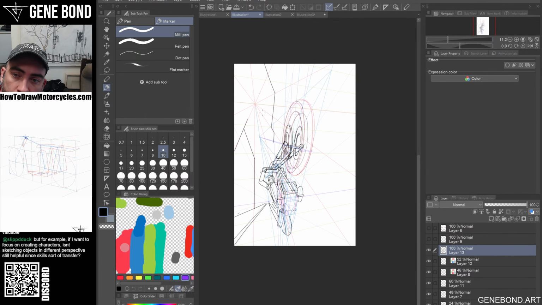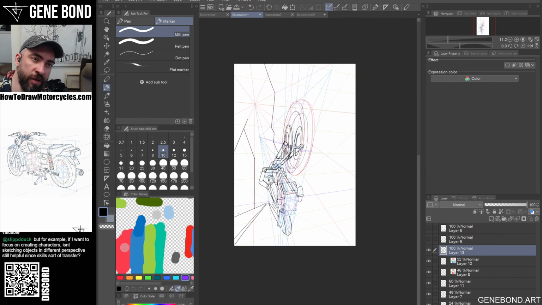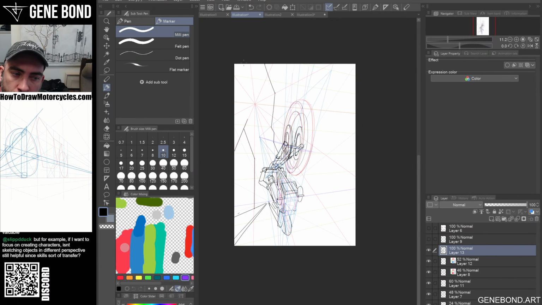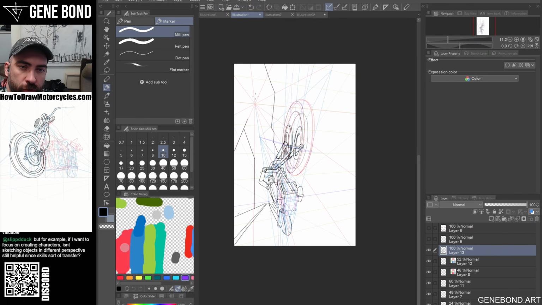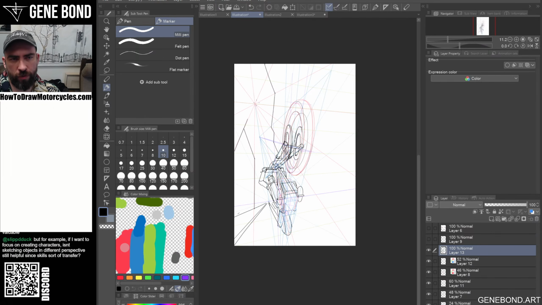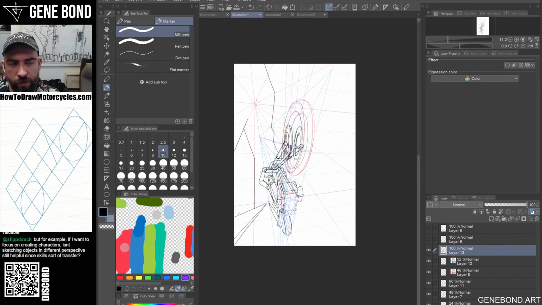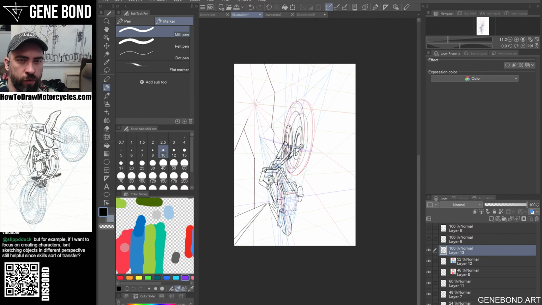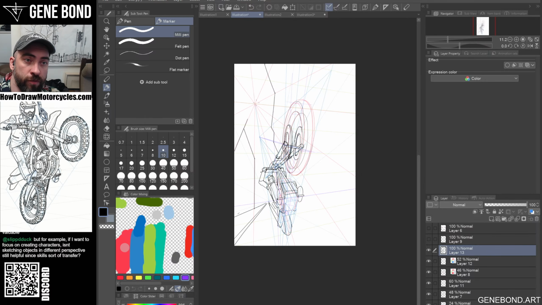Yeah, you see, sketching objects in different perspective is not like a different profession. So the point here is, if you want to draw and create characters, is this an actual job? So just look at it this way. Can you be a full-time freelancer or artist who draws characters, a character artist? Maybe, I don't know, but